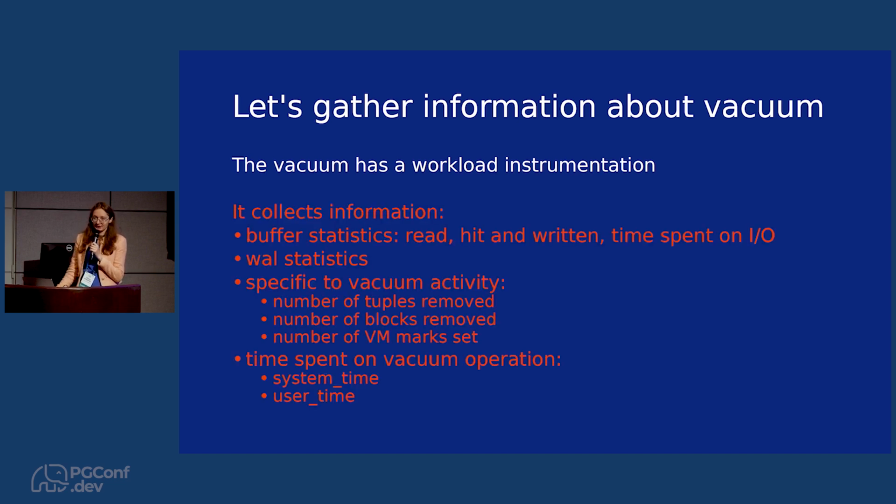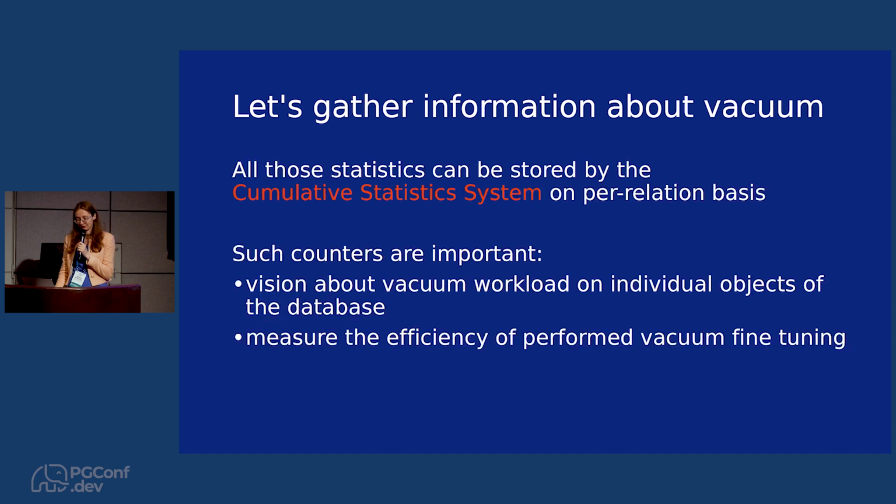And besides, this information has been collected by vacuum already. It is buffer statistics. You can see it in logs, for example, WAL statistics, the number of tuples removed, dead tuples, and system time, user time too. And we can store this information in the cumulative statistics system. It helps us to have a vision about vacuum workload for the objects,